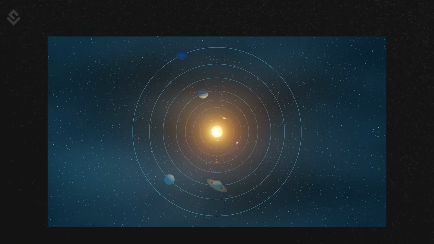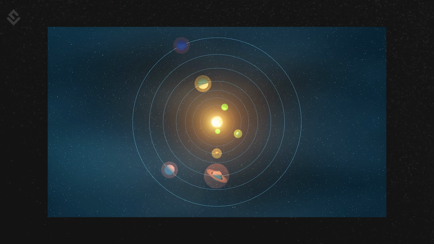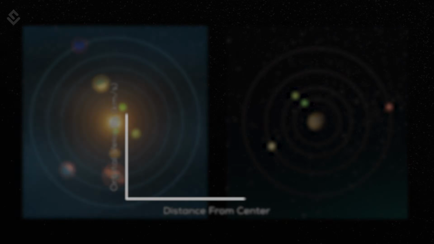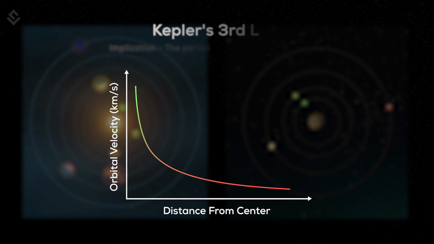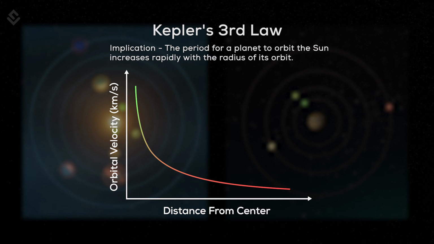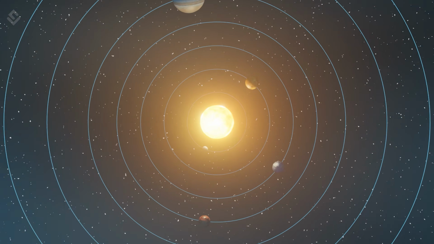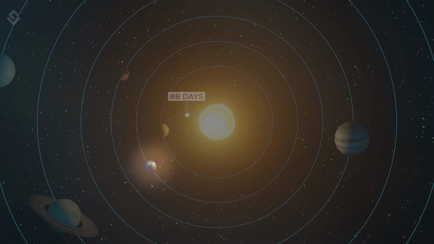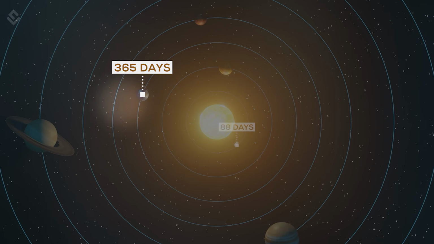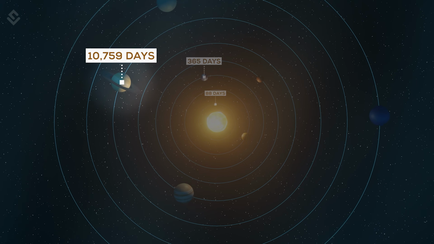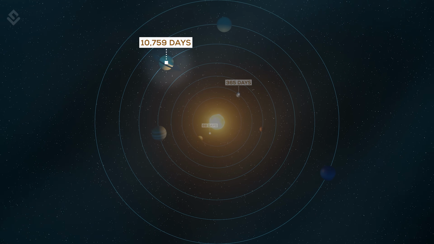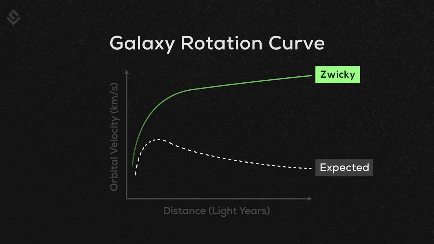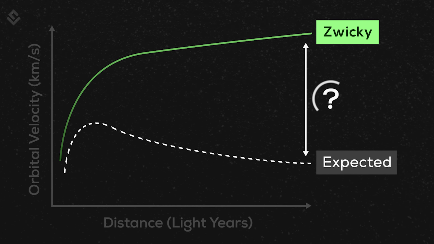This is strange because the orbital velocity of planets in planetary systems and the orbital velocity of moons orbiting planets should decrease with the increase in distance, according to the famous Kepler's third law that we have all studied. For example, Mercury takes only 88 days to make one revolution around the Sun. As for our planet Earth, it takes 365 days, and the planet Saturn takes a whopping 10,759 days to make one revolution around the Sun. So now, Zwicky's analysis showed a discrepancy in the calculation process. But how is that even possible?